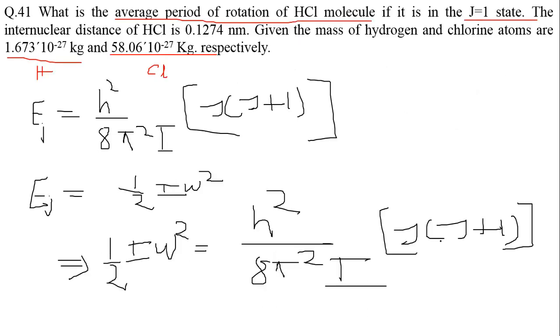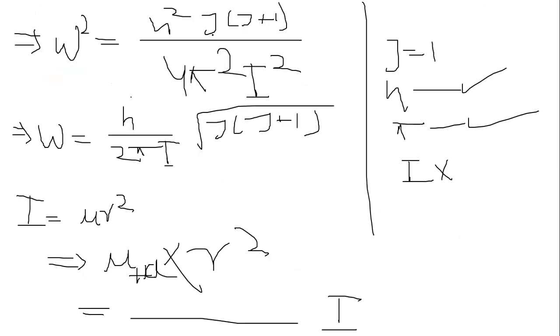So here for calculating mu we have the mass of hydrogen and the mass of chlorine, and the separation between them is 0.1274 nanometer. So R is 0.1274 nanometer. So mu will be how much? Mu HCl will be